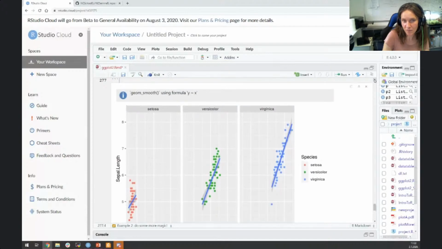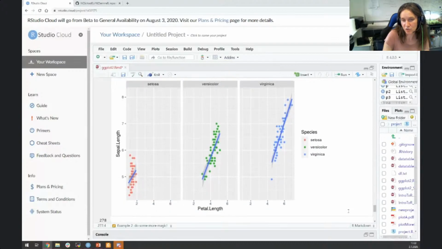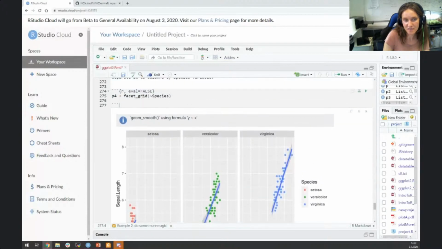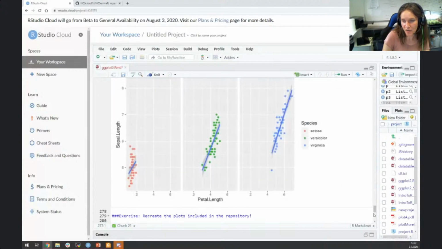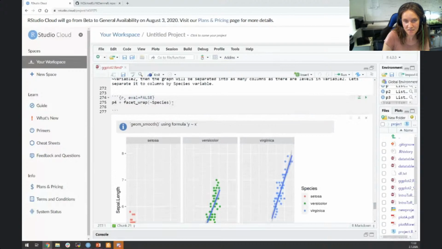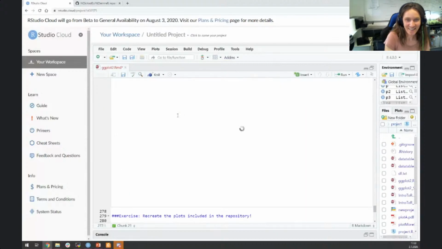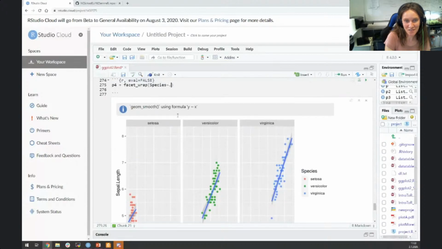This is something that ggplot does intentionally, so it's easier to compare values between groups. A different way that you can facet is to use facet wrap. By using facet wrap, like in this case, it's very similar. So it's similar in this case, but the difference between facet wrap and facet grid is that by facet grid,